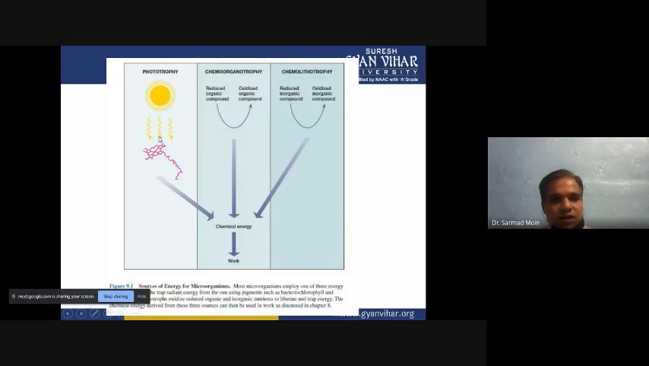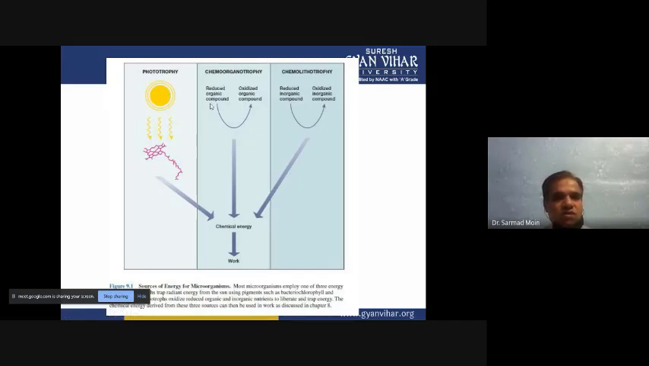So plants and autotrophic bacteria are producing in this way, especially the photoautotroph. We are talking about the photoautotroph: the organism which utilizes sunlight as an energy source and converts it into work, and in between they utilize the energy. Then next is